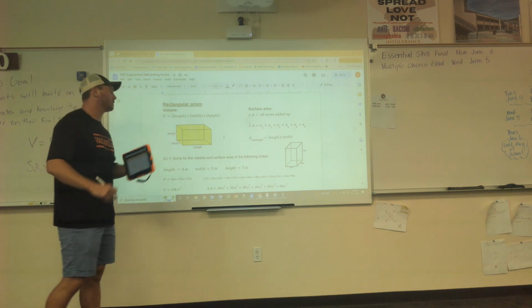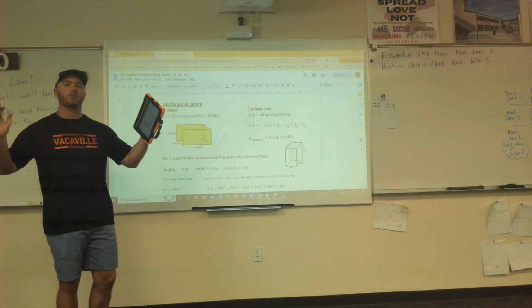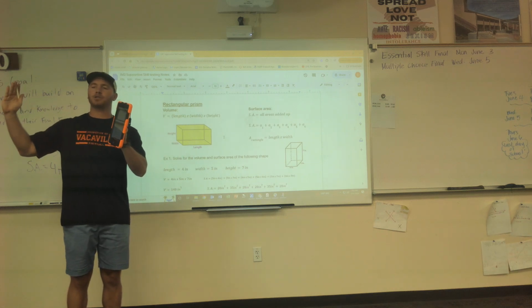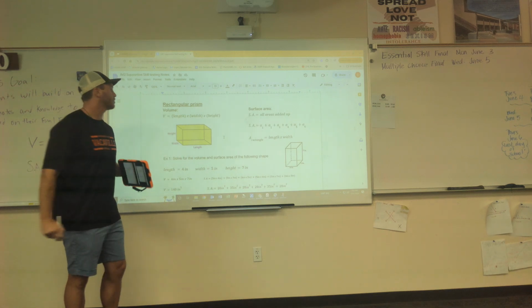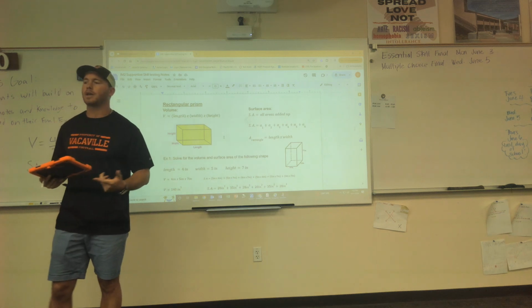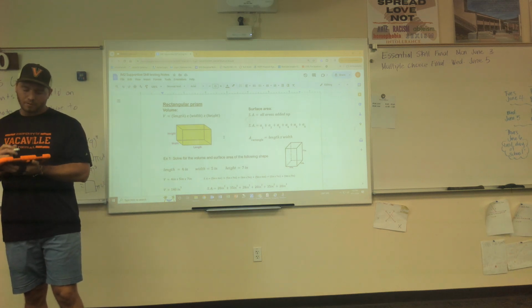A rectangular prism is just a rectangle stretched out. Remember, we're taking it from 2 dimensions, adding that third dimension, and just pulling it out. So since we added that third dimension, we need to add a third variable that we're going to multiply it to. So if we remember from the warm-up,